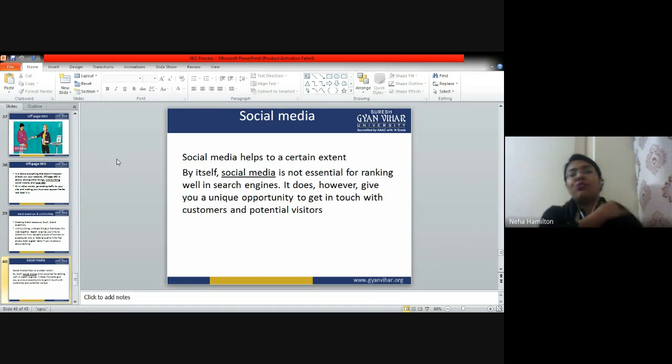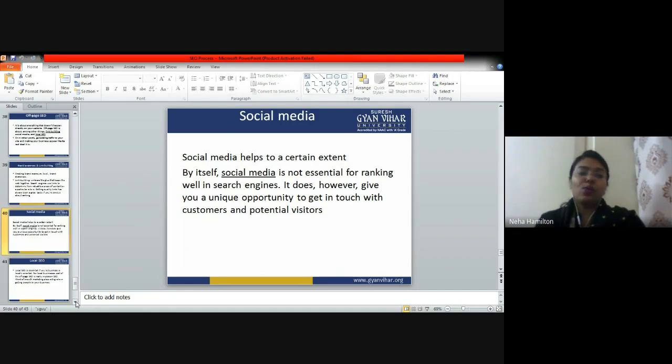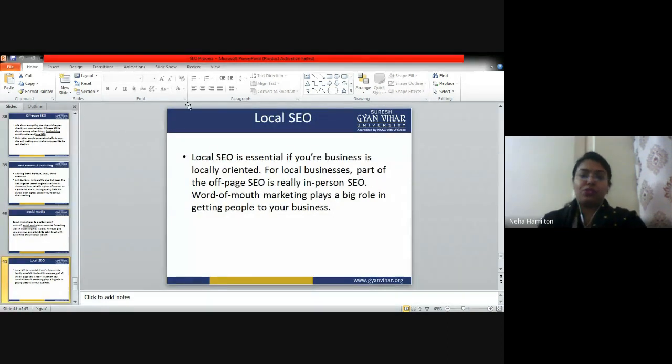In a web page you will see a symbol of Facebook, Instagram, Twitter. Just click on that and you can go to their official social media page, right? So सोशल मीडिया पे परफॉर्मेंस अफेक्ट नहीं करेगी, पर वेबसाइट की सोशल मीडिया से कनेक्टिविटी अफेक्ट करेगी आपकी रैंक, ठीक है? So that is why social media is also a very important part of search engine optimization.